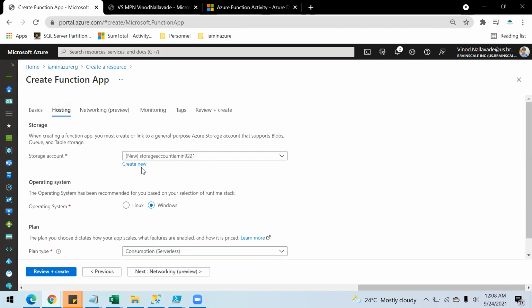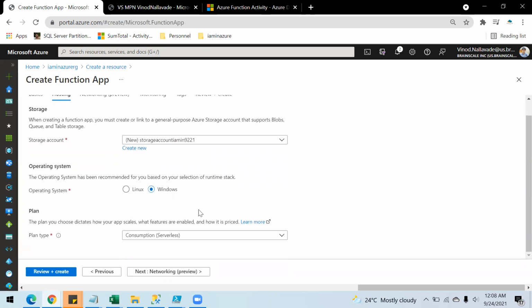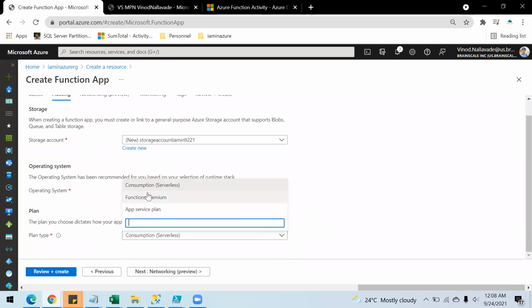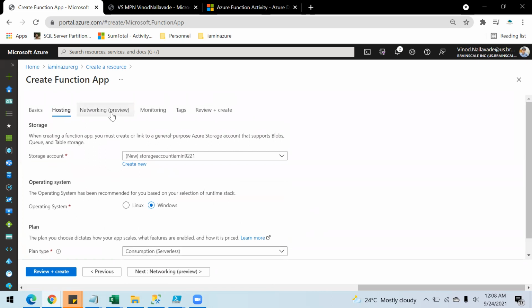Whenever we create a function app, we need a storage account, so let's just create that with the default values. Operating system, I'm keeping as default, which is Windows. And in the plan, I'm going with serverless, which is the consumption plan, not choosing the other two.